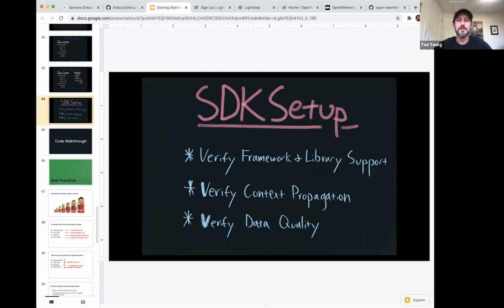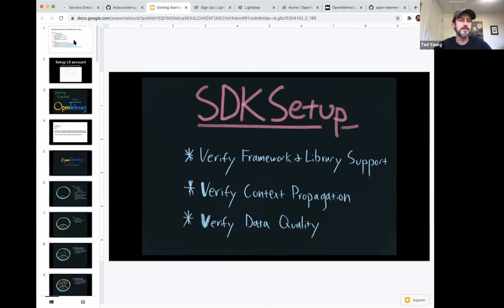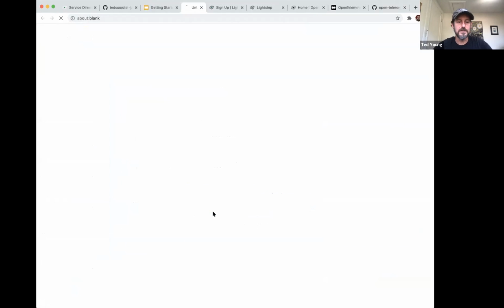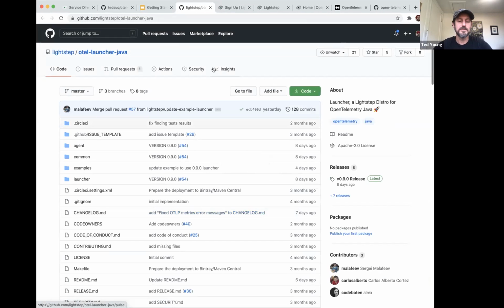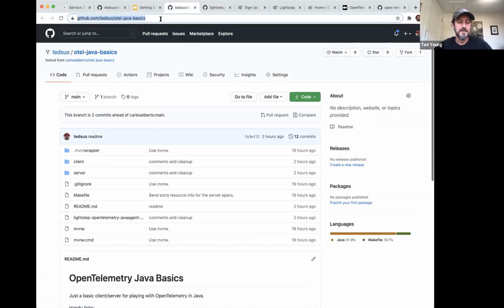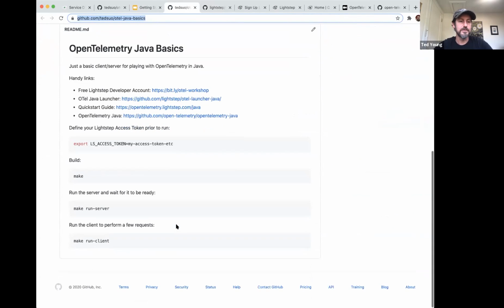If you go to the links that I sent out earlier and go to our Java launcher, or sorry, not the Java launcher, you do want that, but go to Hotel Java Basics, this is the walkthrough code that we're going to be using.